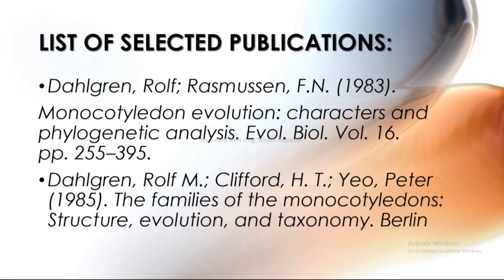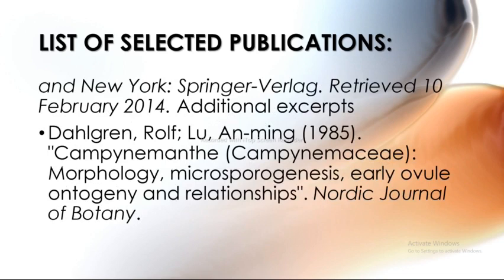And the next is Dahlgren, Rolf M., Clifford, H.T., Yeo, Peter, 1985. The Families of the Monocotyledons, Structures, Evolution and Taxonomy, Berlin and New York, Springer Verlag, retrieved 10 February 2014. Additional excerpts. Next is the Dahlgren, Rolf, Lu, and Ming,